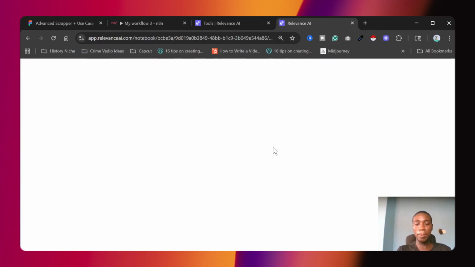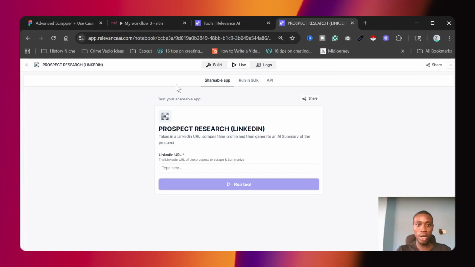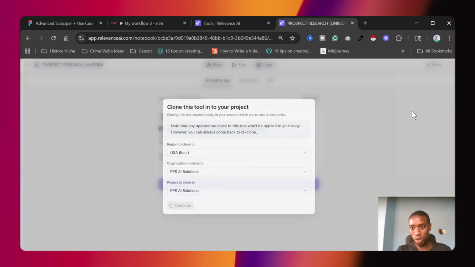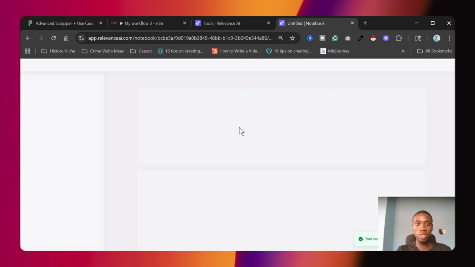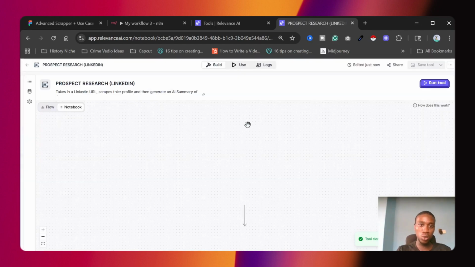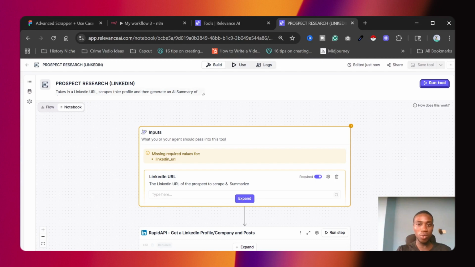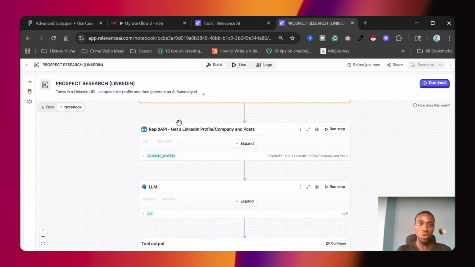Let's just load up. So you want to clone the AI agent, this is the link you're going to come to. I'm not sure whether this is how it's going to be on the side, but anyhow, you'll be able to see the clone option. If you don't see it, you come here, you see clone. So clone this project, click on continue. That means I've successfully cloned these agents into my upload.